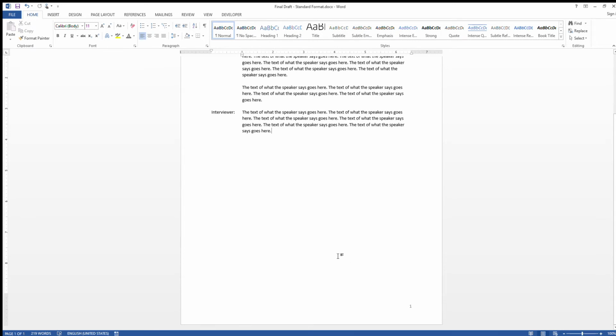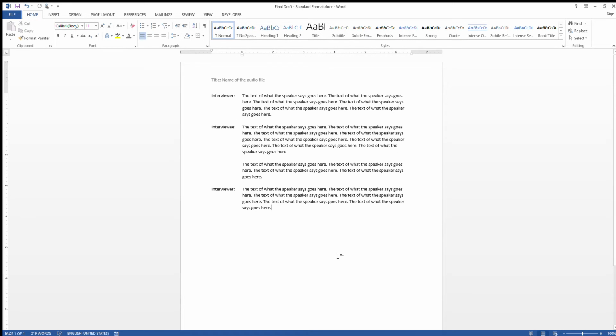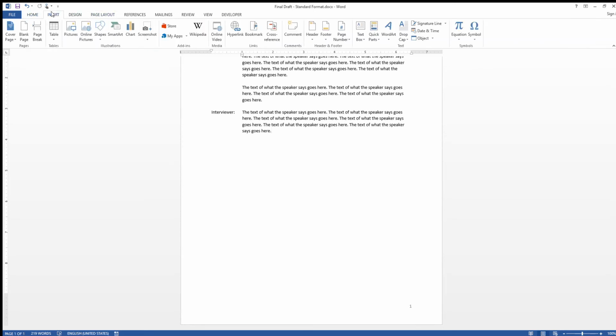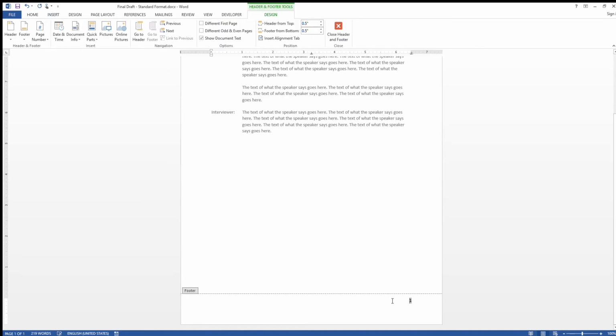You can always download a template like this and paste your transcript into it so that things are formatted right. Or if you're going to add a page number, you can easily do that. You just hit Insert from the ribbon and Page Number, and there's a drop down, and you can insert a page number at the bottom of the page, specifically the bottom right. Again, if you do that, it's going to make it black,